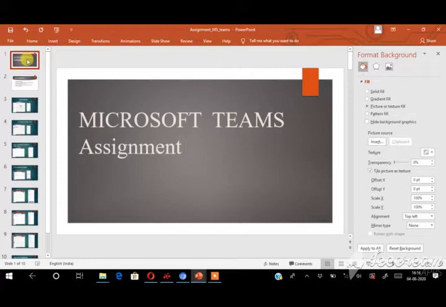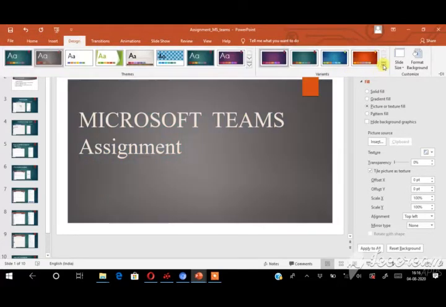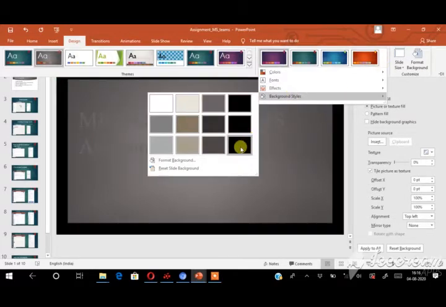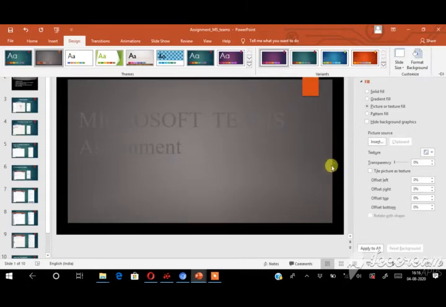And the next, how can you change the background style for the theme? Same way you have to do, select the slide and go to the design tab, click the more option, go to the background style. See here, so at the background, the black color will be displayed. And the next, see how to change the font for the theme.